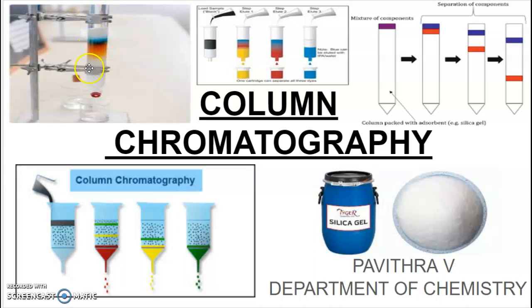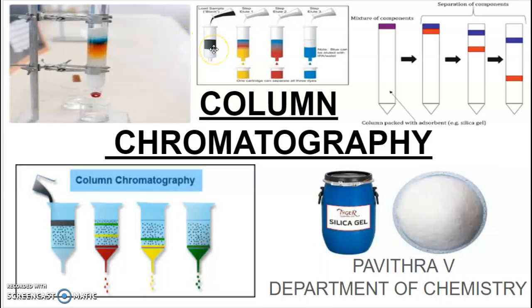In this, we are taking the stationary phase as a solid and the mobile phase as a liquid. For the stationary phase, we are considering the usage of silica gel. We will generally use alumina or silica gel to make a column, to fill the stationary phase. The mixture whose components we have to separate is taken in the mobile phase, and the mobile phase is poured into the stationary phase.